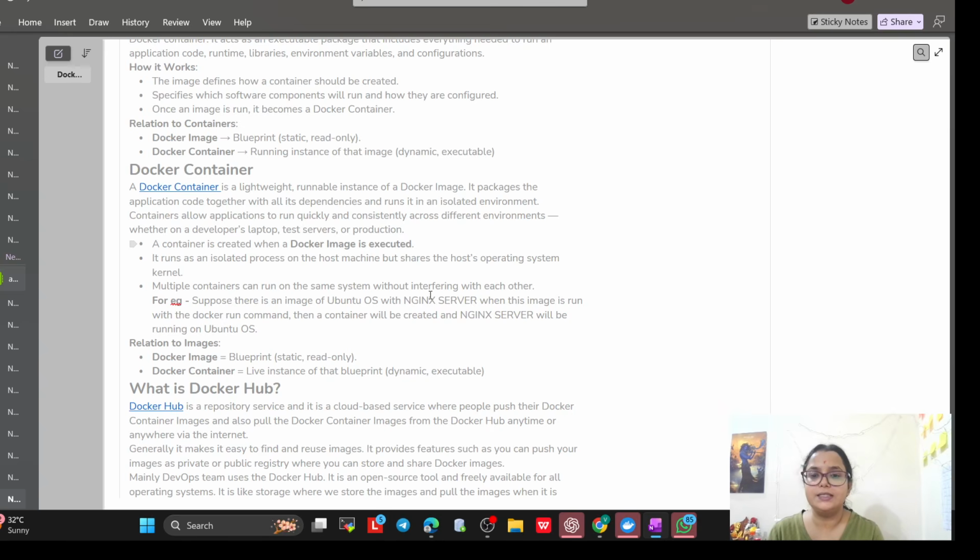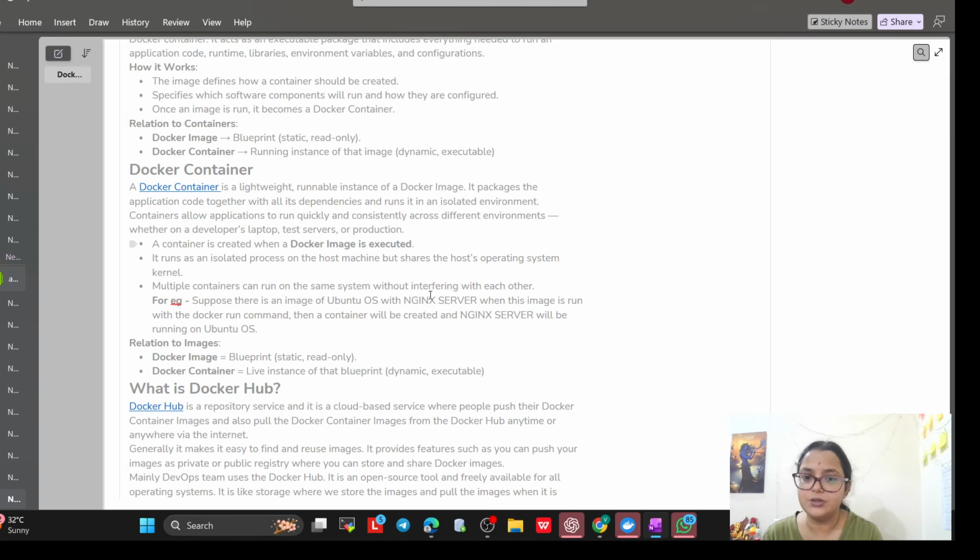A container is created when a Docker image is executed. It runs as an isolated process on the host machine but shares the host operating system kernel. So multiple containers can run on the same system without interfering with each other.